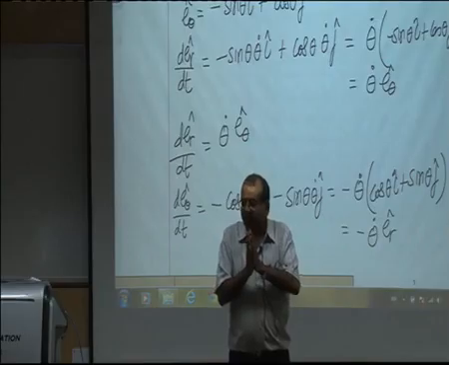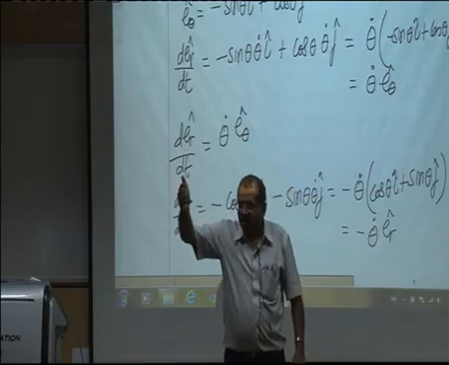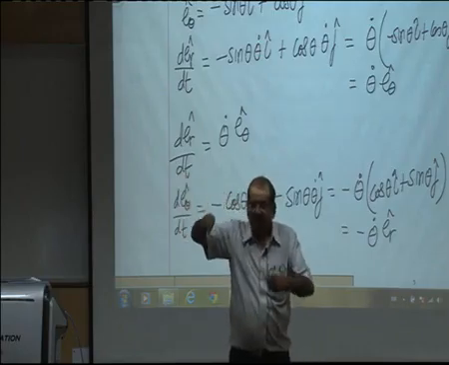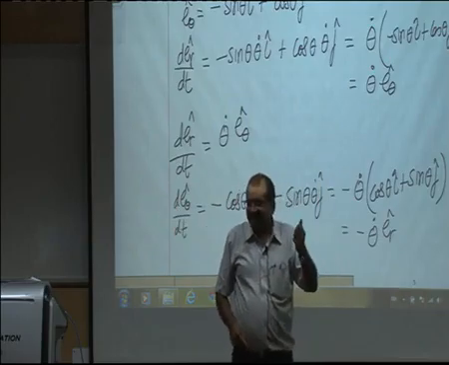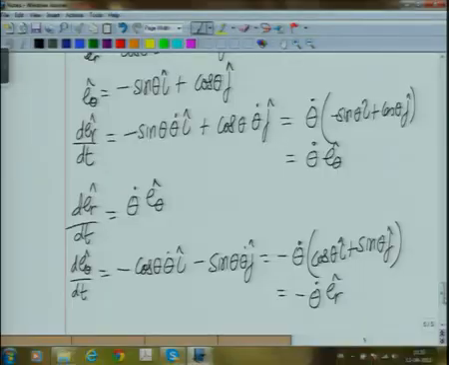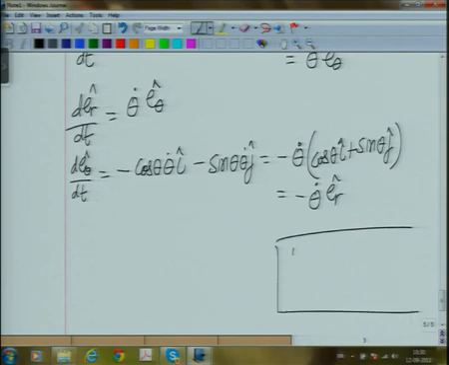Suppose a vector A has a constant magnitude. Then A dotted with A, even though its direction may change, will be a constant. So if you take a derivative, this will happen. This is just a corollary, nothing to do with this particular case. I'll just show this. If you have a vector A which is constant in magnitude,